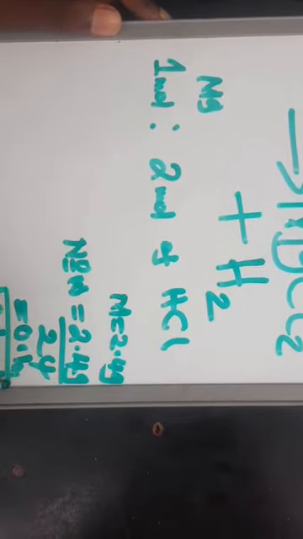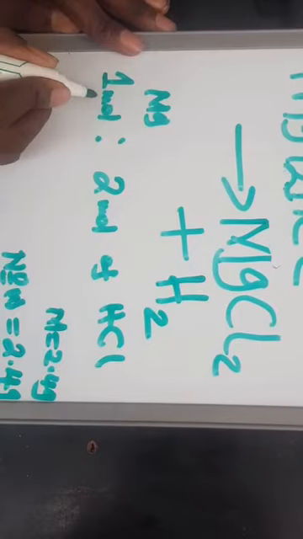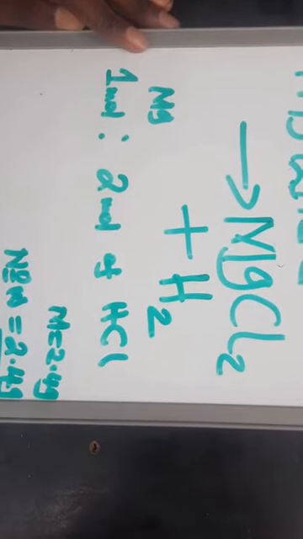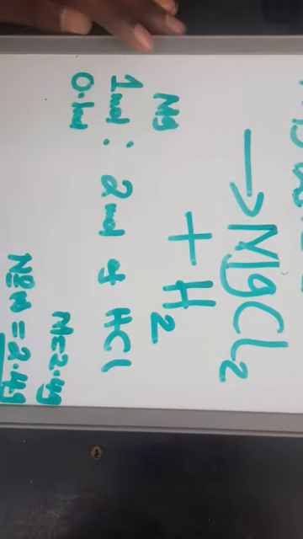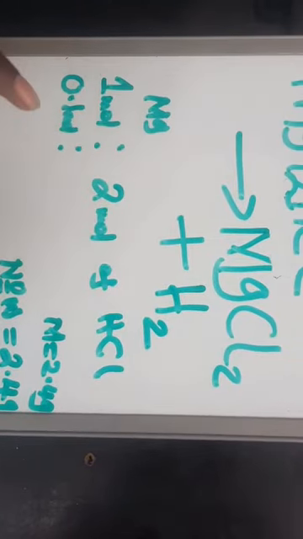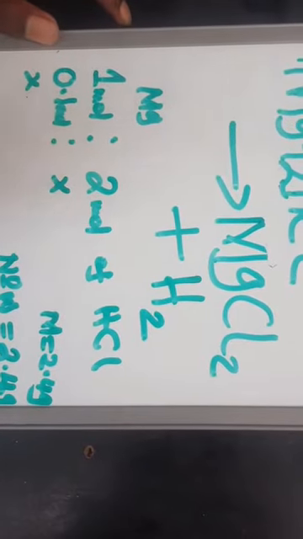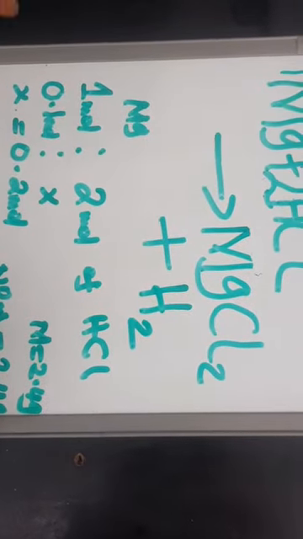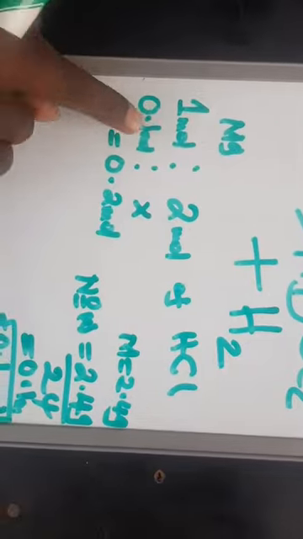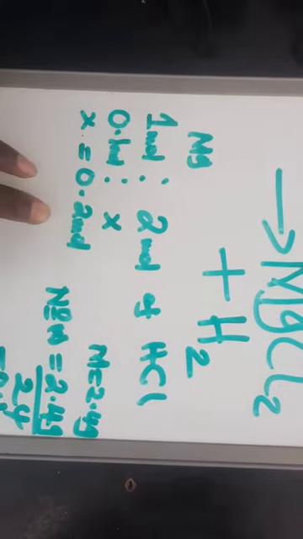So if you use 0.1 moles of magnesium, how many moles of hydrochloric acid do you need? Remember that when you use 1 mole, you only need 2 moles of hydrochloric acid. What if you use 0.1 moles of magnesium? How many moles do you need here? Let me say x. When you cross multiply, 1 times x is x, 0.1 times 2, that is 0.2 moles. So from here we can say if I use 0.1 moles of magnesium, I only need 0.2 moles of hydrochloric